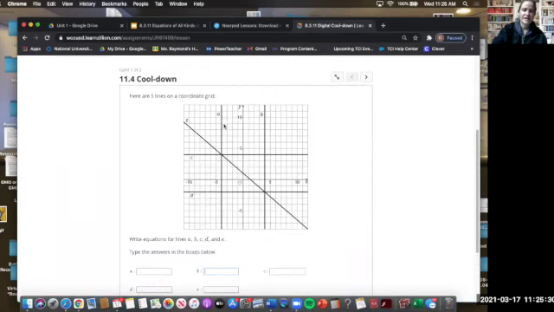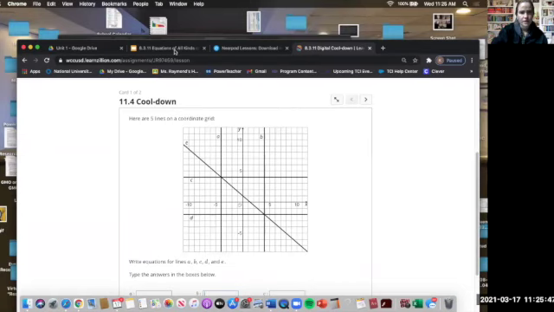So first decide if this line, make sure you're looking if these lines are vertical lines, horizontal, or slope intercept lines, meaning that it has a slope and a y-intercept. Other than that, the link's in the chat so we can all jump into it. I'll make sure, if anyone needs